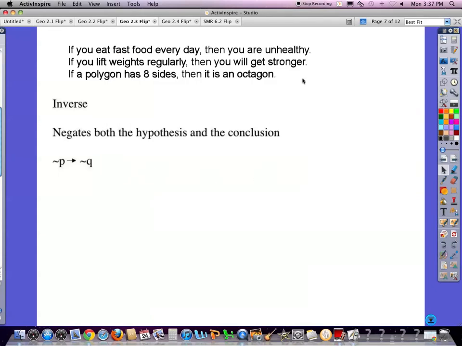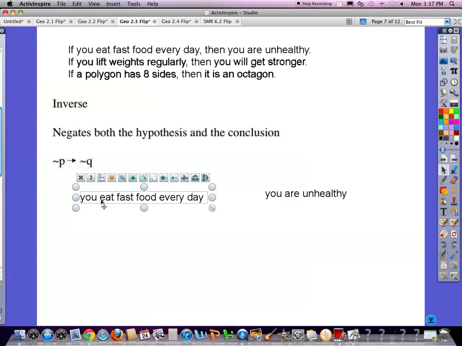Oh, all right, so here's what we're going to do. Eat fast food every day comes down here. It's still going to be your hypothesis, but it's going to be negated. You are unhealthy. We're going to negate that too. So on this, you,